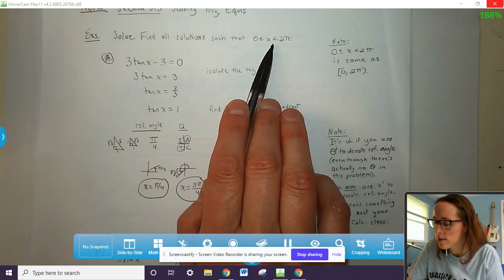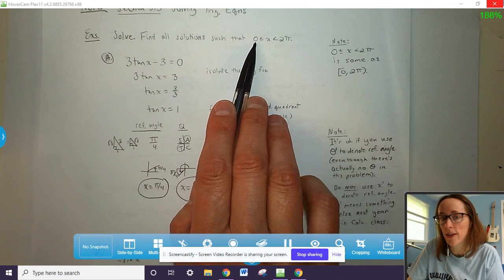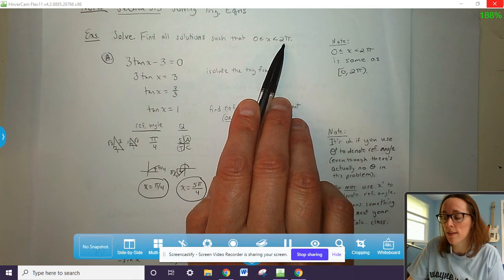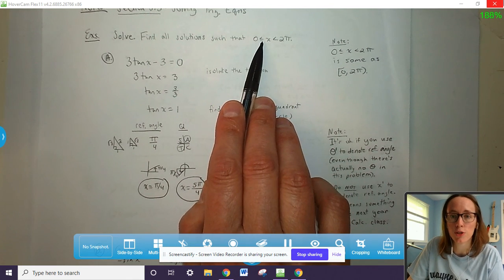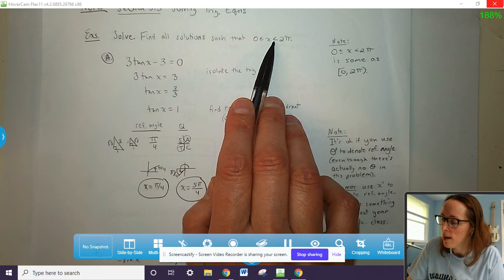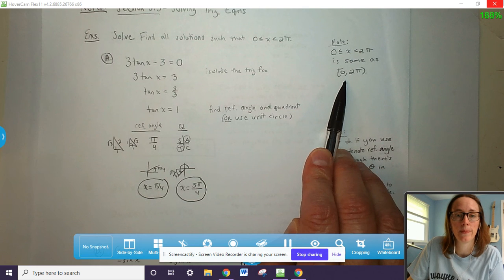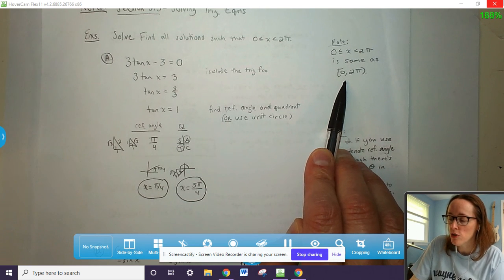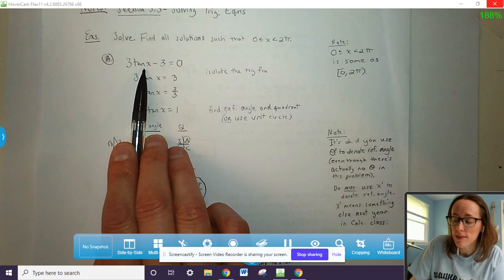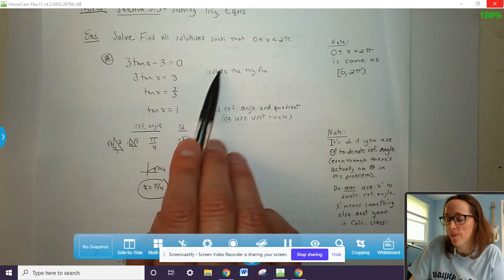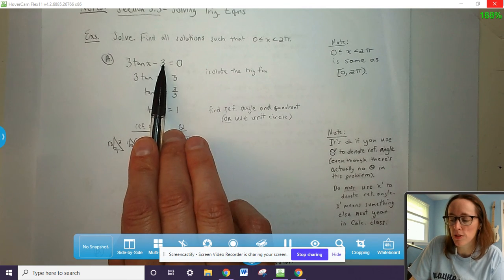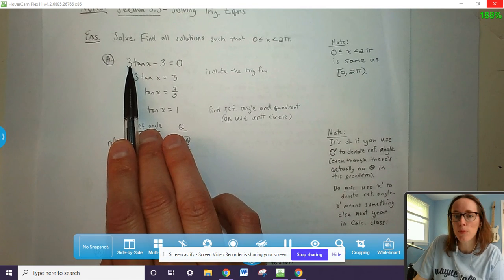According to this, 0 is acceptable as an answer, 2 pi is off limits, because this inequality is inclusive because it has or equal to, and this one is strict. Sometimes instead of this inequality, you'll see it in interval notation instead. And what you want to do for some of the basic ones is isolate the trig function. So move this 3 over by adding, move this 3 over by dividing,